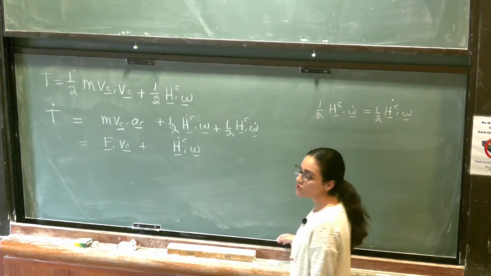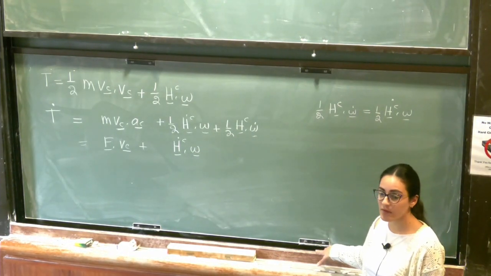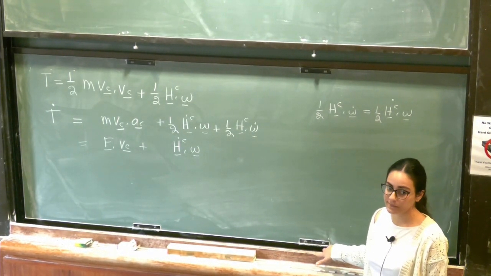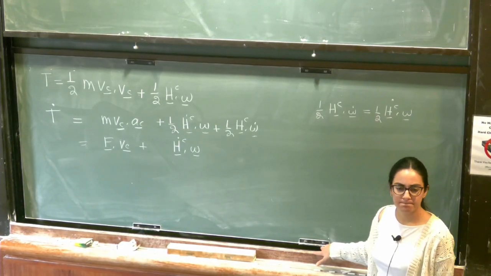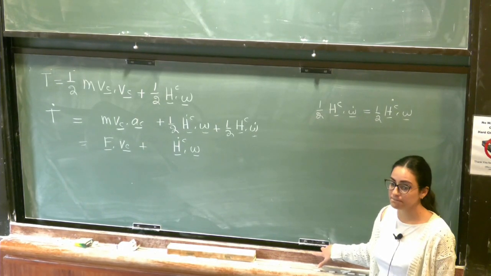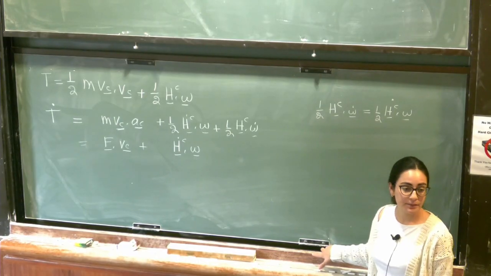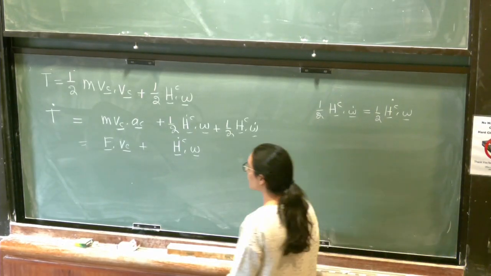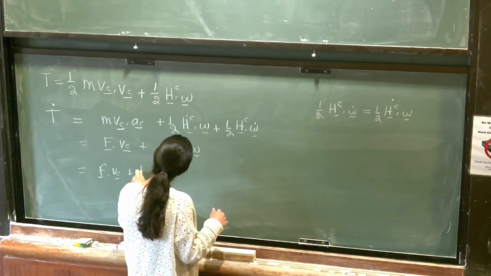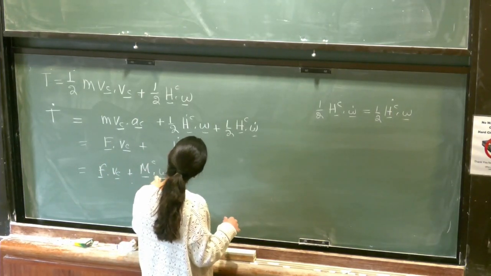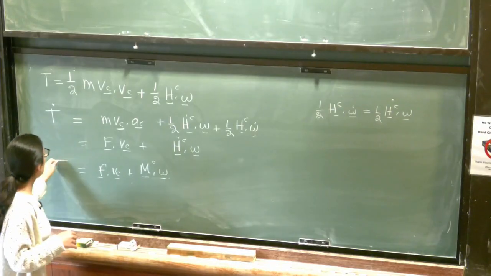And what is H dot C equal to from the balance of angular momentum? What is it? Exactly, MC. So I will get F dot VC plus MC dot omega. Okay, so that's the work energy theorem